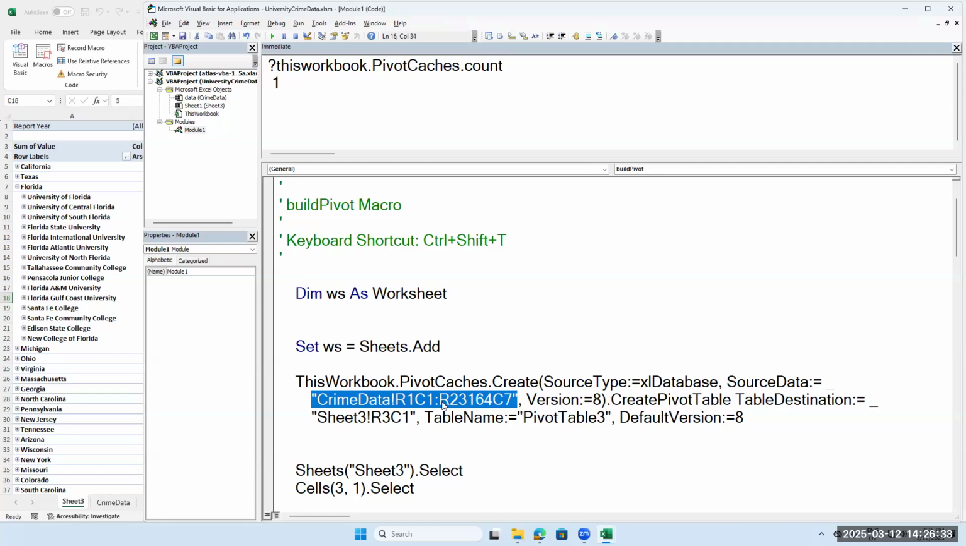Let's change this to whatever the name of our sheet is. What's our sheet name? Let's use the code name for our sheet, which is data, right? If I come up here and I do data.name, it's saying crime data. That's the name of the sheet. So let's change this to data